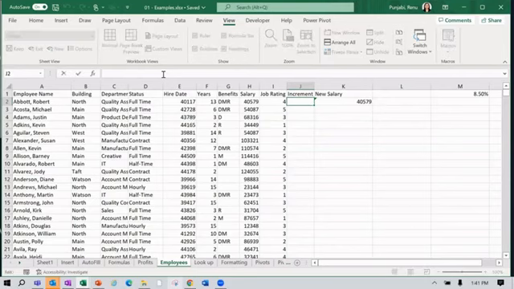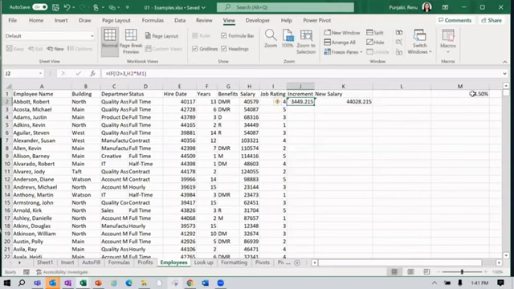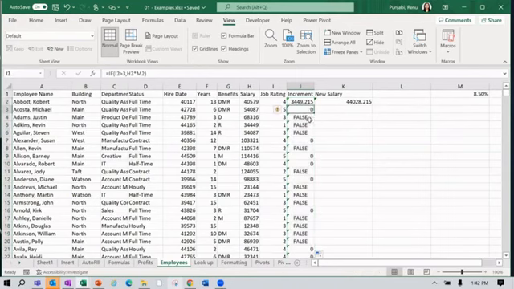So let's say we put a formula which says if the job rating is greater than 3, then multiply the salary with 8.5%, which is the increment, otherwise do not. So it will multiply it. Let's select this cell and double click here. So it will,